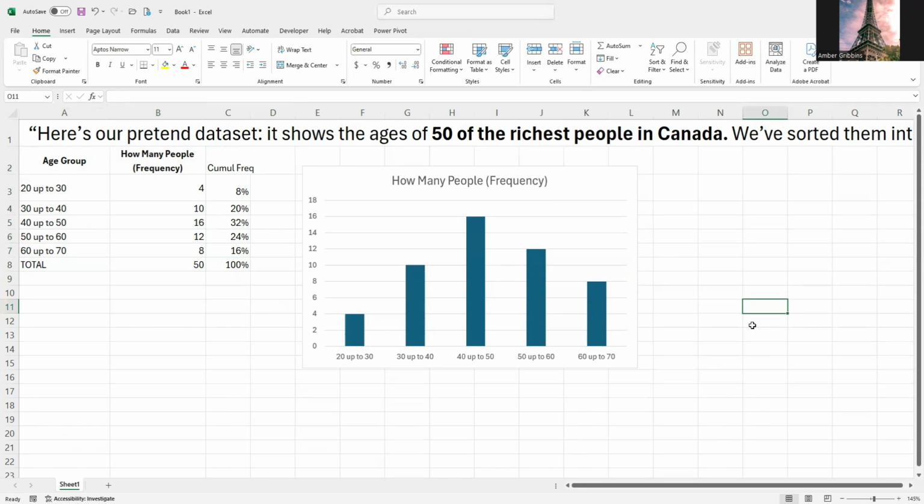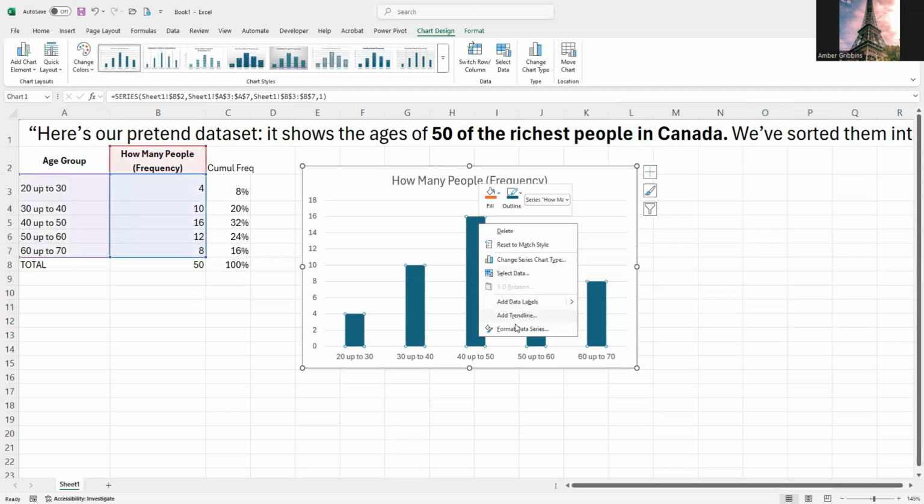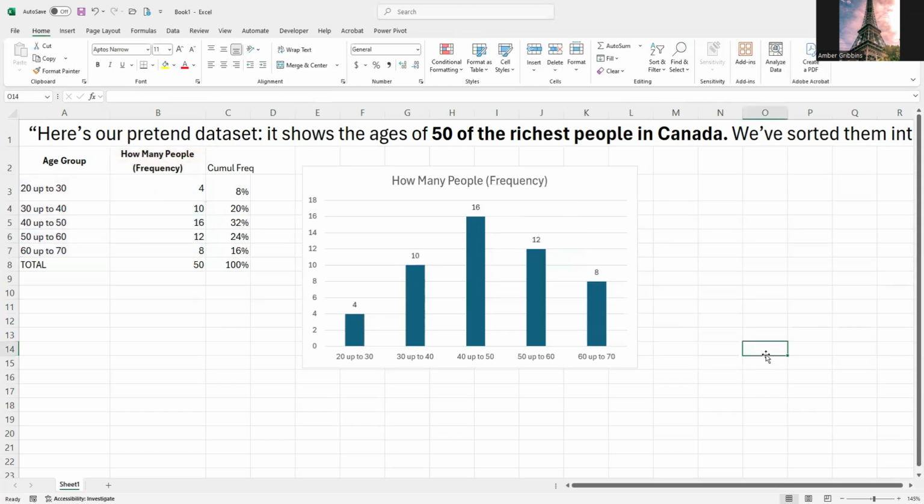I also feel uncomfortable because it looks like it's almost 16, but if I want to see what number it is, I have to take my eye and come over here and look. That feels like a lot. So I'm going to click on these and add data labels. This is going a little above and beyond. You don't have to. Everybody does what they do. Am I sharing the screen? I hope so. Okay, here we go. Now it's very clear and easy to see the difference between 10 and 12.